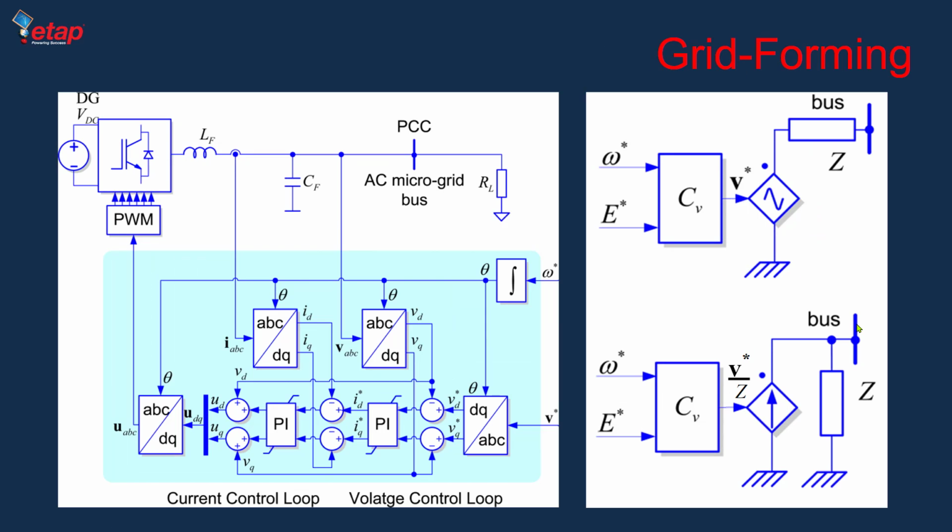Okay. Now, when it comes to grid forming, as you see here, we typically control the frequency and voltage. So what we are trying to achieve is a certain magnitude of the voltage, angle, and frequency. In order to do that, keep in mind, we are calculating the current. With a PI controller, we are calculating how much current needs to be injected to achieve a certain VD and VQ. But keep in mind, we're not saying fix the ID and IQ with a certain amount of P and Q, okay? It's more like, this is the V we want, we adjust the current till we get that amount of voltage. So from that perspective, it's easier to understand it as a voltage source plus impedance in series,